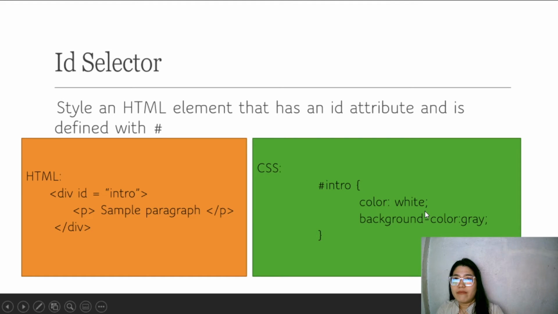Then we also have the ID selector. The ID selector styles an HTML element that has an ID attribute and is defined with a hashtag. So this is the HTML. The ID name is intro. So when we style our CSS, we use a hashtag to call that ID. Since the ID name is intro, we use hashtag intro, and then the property, or what we would like